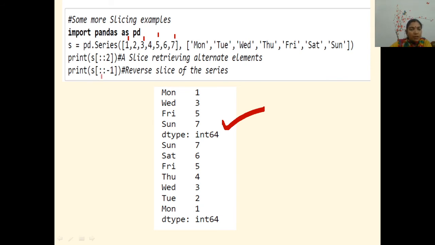Then no start value, no stop value and -1. When I say -1, you know what happens? It starts from the right side. So this is -1 and then -1 in the negative direction. This time the movement will be in the negative direction because the step is -1, we have to go backward. So it will give you the reverse: 7, 6, 5, 4, 3, 2, 1. This is very popular, well known, how to reverse the list or the series. No values in the start and stop and give a -1 here. Very popular.